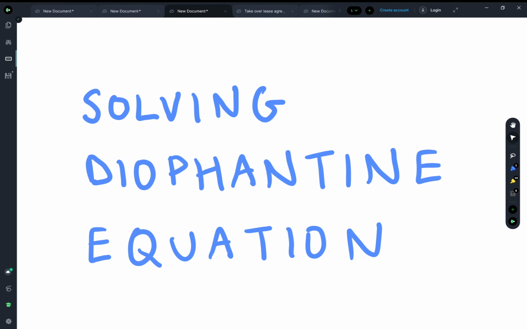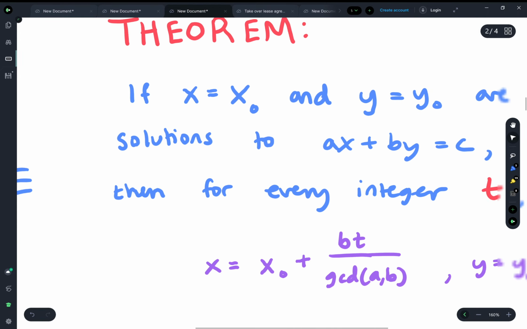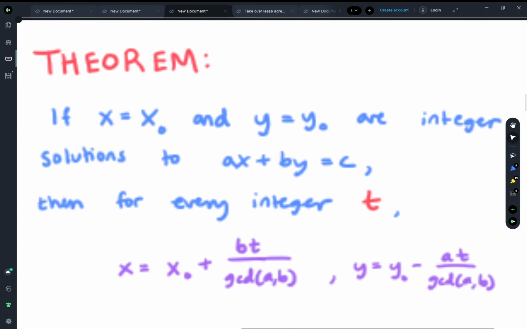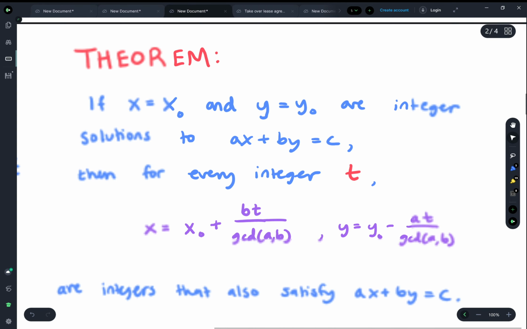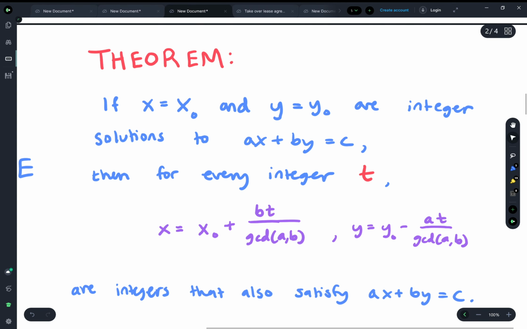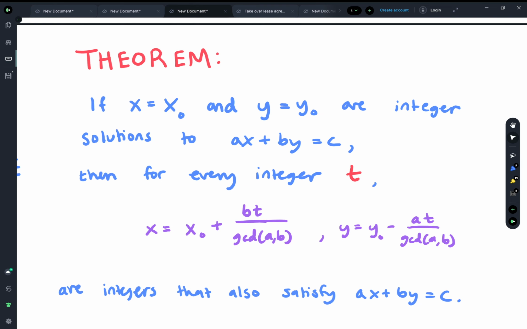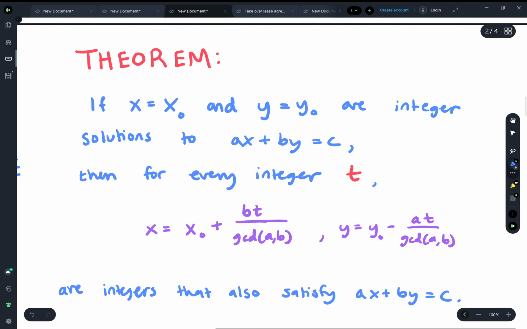You just have to internalize the theorem that I'm about to show you. So this is our theorem, and it pretty much tells us how to solve these types of equations. So what we have is, if x is equal to this x naught and y is equal to this y naught, and these are integer solutions to this equation, ax plus by equals c, then for every integer t, these things right here,